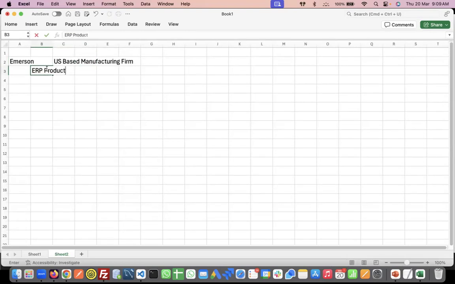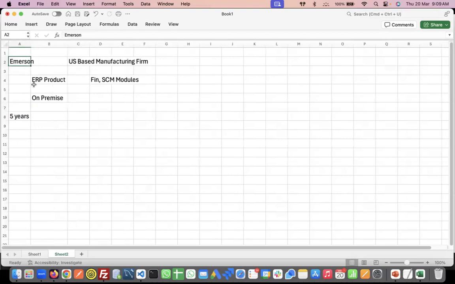to manage their finance and SCM modules. Now, until 2 or 3 years back, or 5 years back, all the applications, all the ERP products used to be on-premise, guys. What exactly does that mean? What it means is Emerson needs to